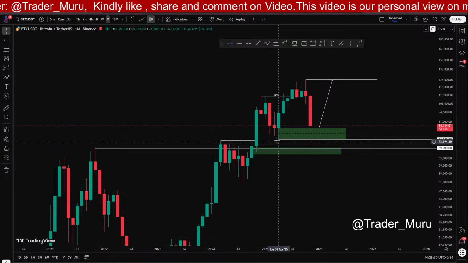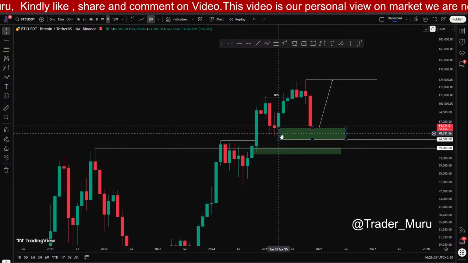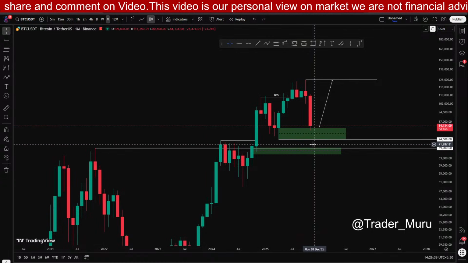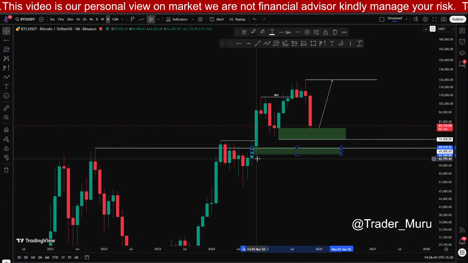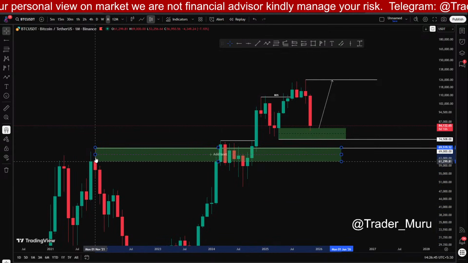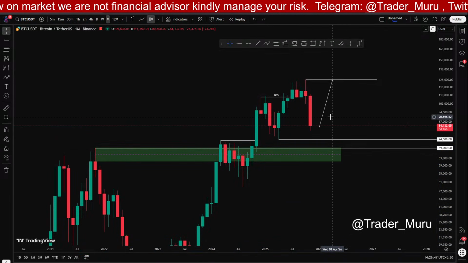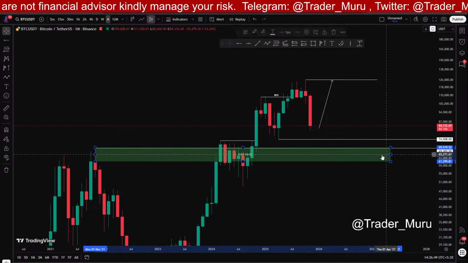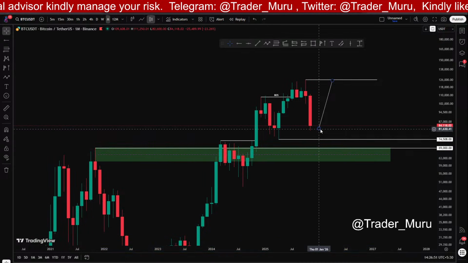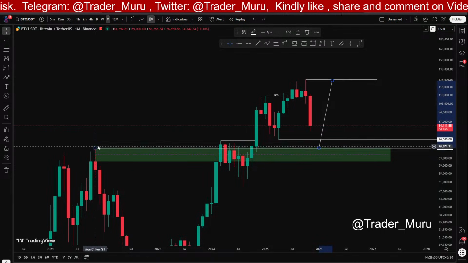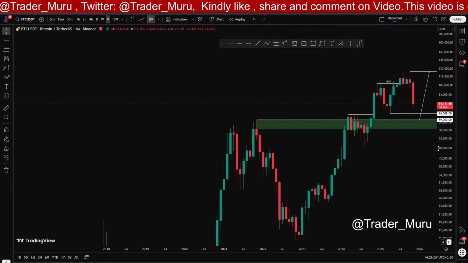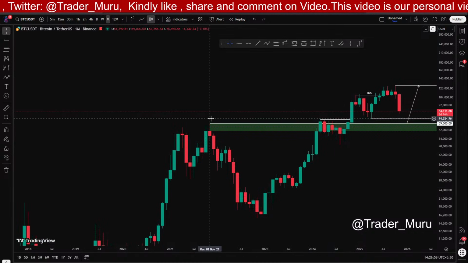So if price wants to induce buyers over here, they will sweep the liquidity, test this area of the previous high, and this will be your next swing buy zone for BTC. In my opinion, it will be a good buy opportunity if BTC tests this last ATH, which is this one,